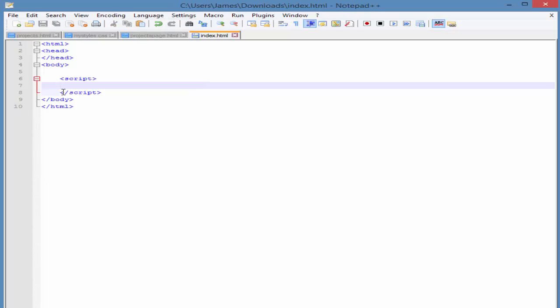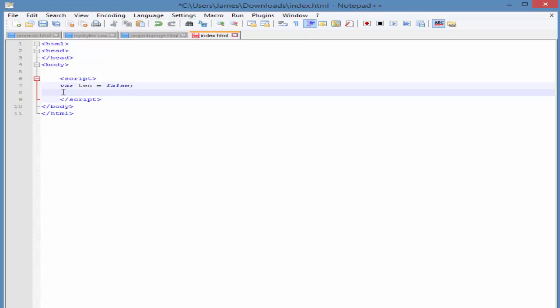Okay, now let's do while loops. Sometimes you want to make sure your loop runs at least one time no matter what. Use a do while loop, even though you know the condition is false. So let's say the variable 10 equals false. And remember, while loops and for loops both only run if the condition is true. So it's false. If we just do while 10,